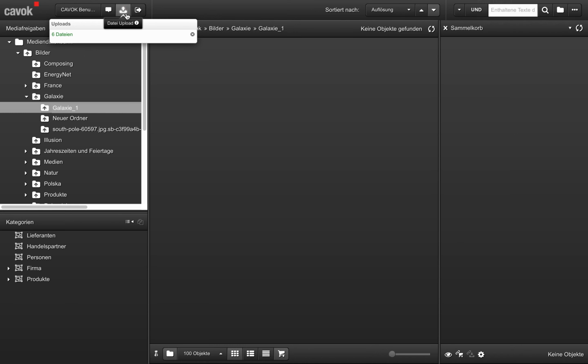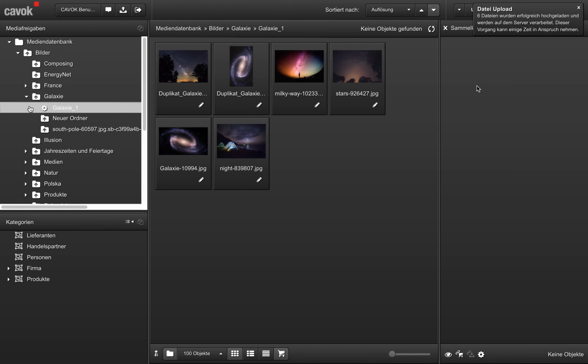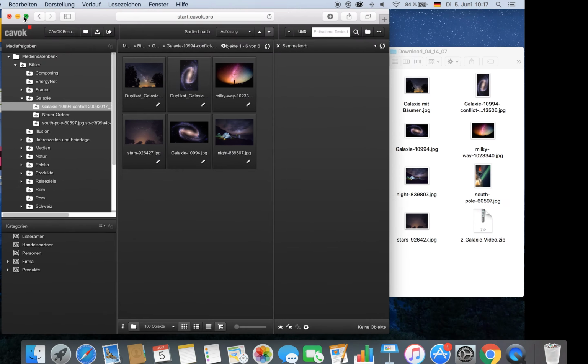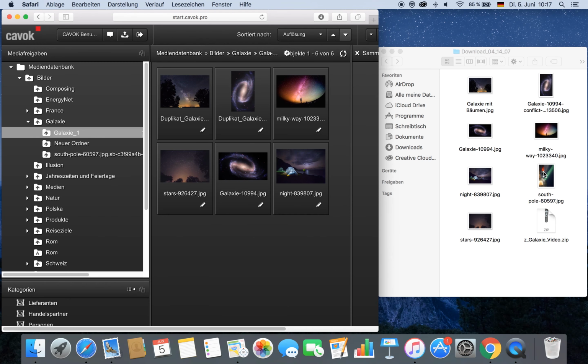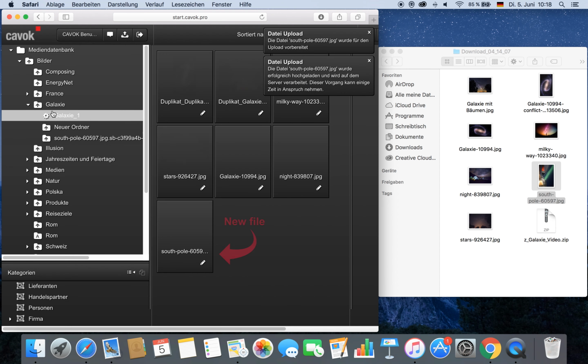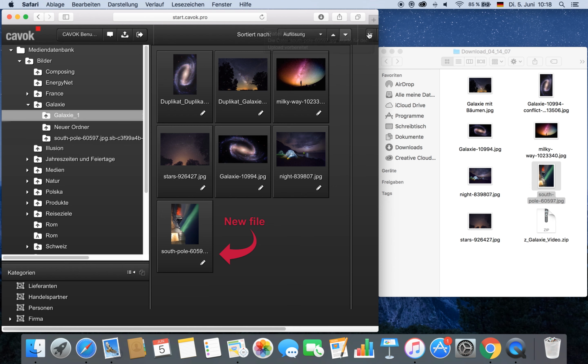The simplest way to do this is often like this. Click on the folder, then from your Windows Explorer or Mac Finder, simply drag and drop the files you want in the middle of the window. By the way, you can also upload zipped, i.e. compressed files, or directories in this way.